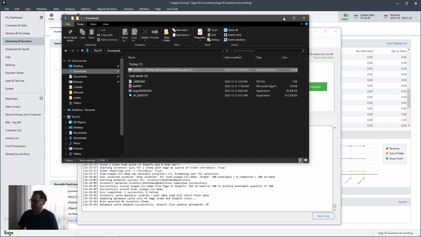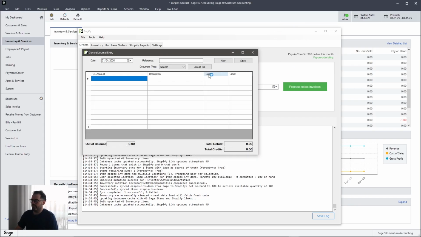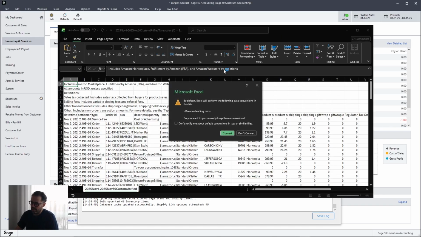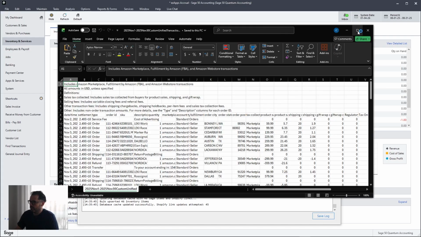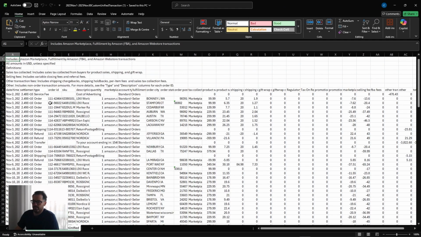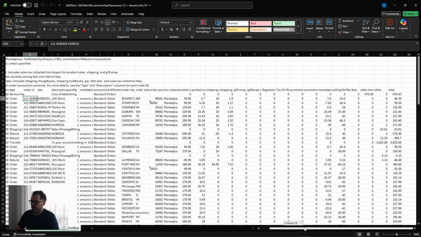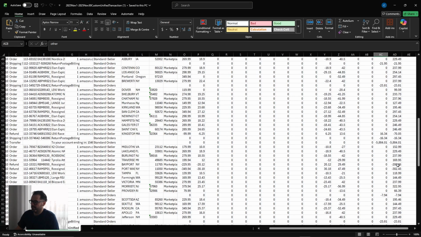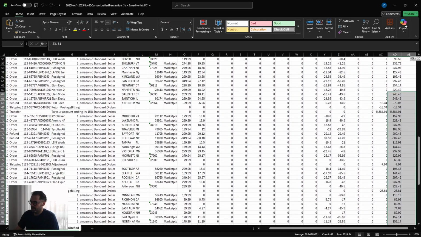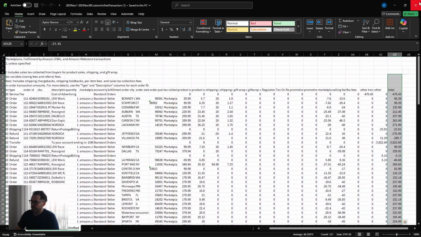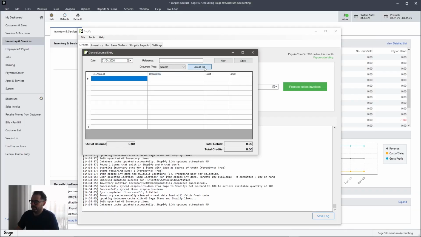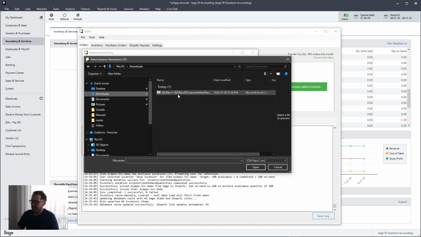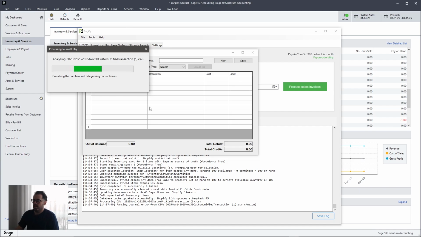You'll be familiar with this. You can download this CSV file from Amazon and also eBay. And it basically just looks like this. It kind of tells you all your orders that you sold within a period, the price, your fees you paid, etc., and then there'll be a total amount. So what you can do is take this CSV file, upload it to Sagify, and it will then create a general journal entry with all that data on it,